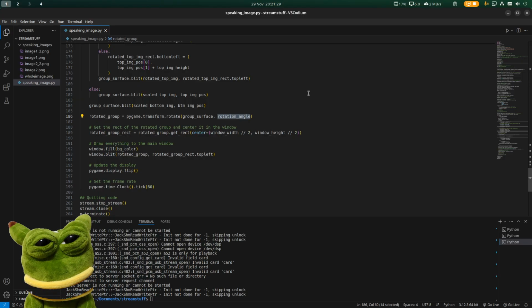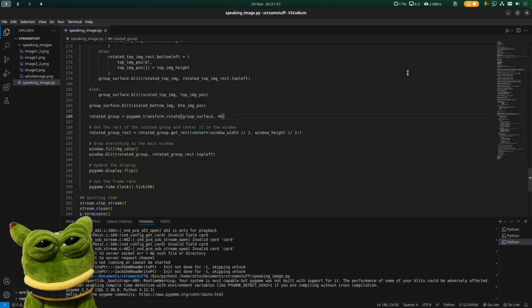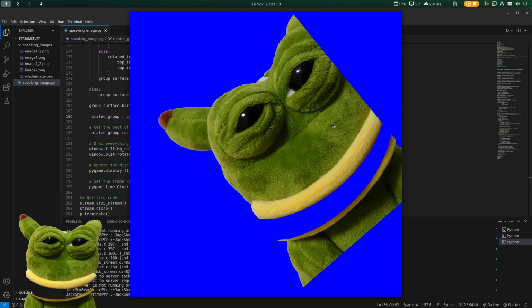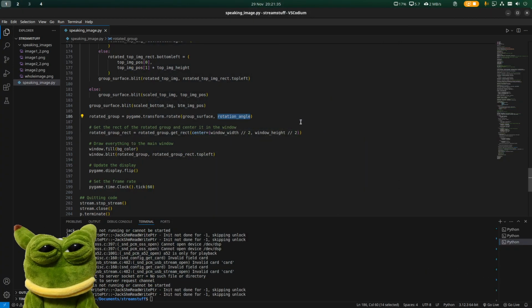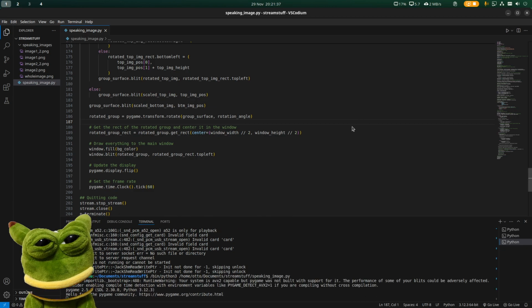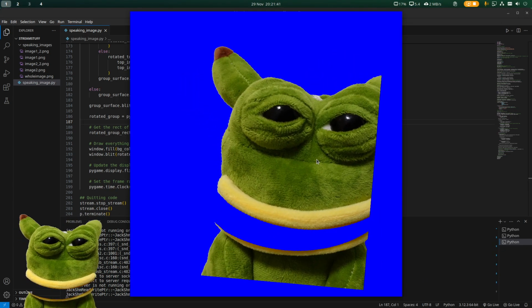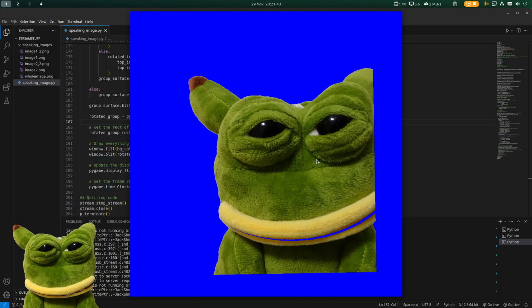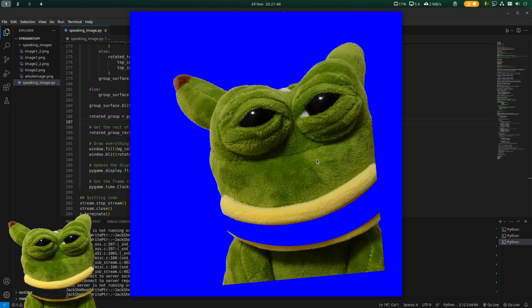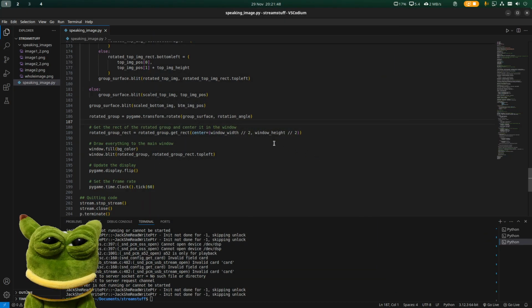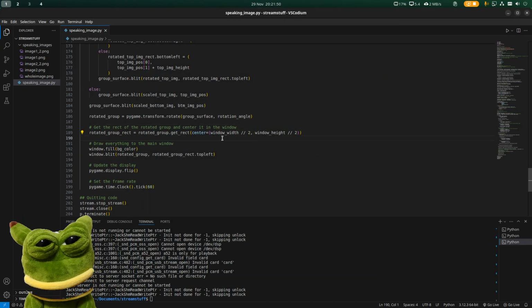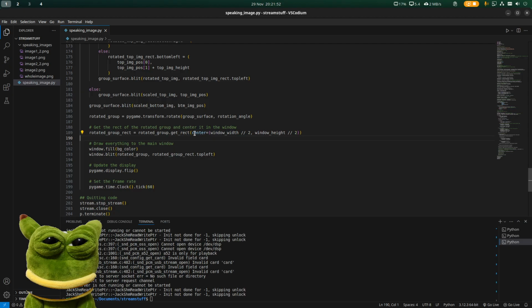Let's change this to like 40. Okay, here we go. Yeah, and the rotation angle is based off of the mouth currently. We don't actually want to do that, but yeah, this is certainly an effect. We'll give it that. So what we'll actually do is we'll give the current window size to the